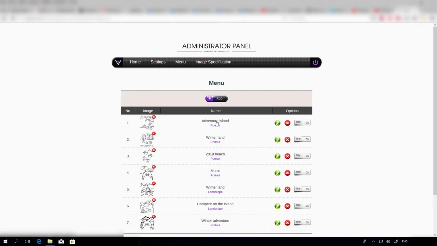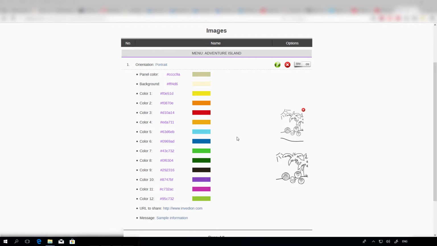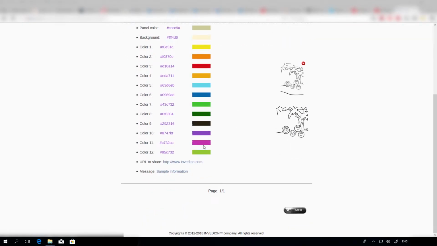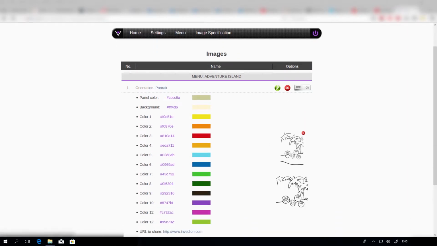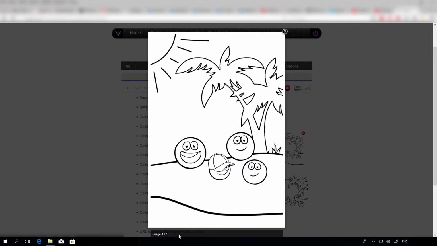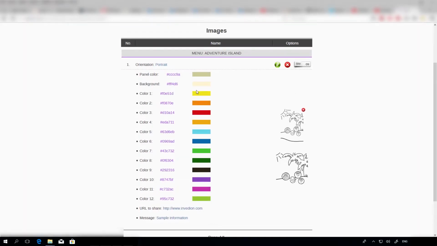Let's click the category name to provide more information. This is the place where we define colors, message, link, and provide a bigger version of our thumbnail, which will be used in our coloring book. Now let's click the green pencil,